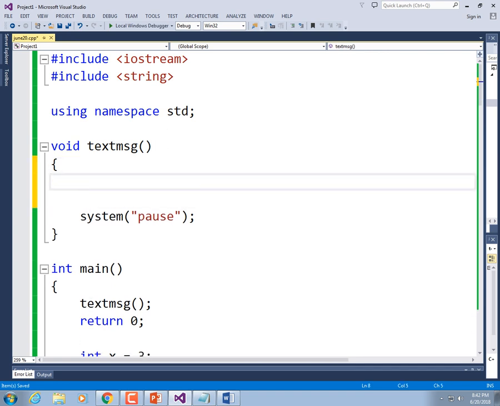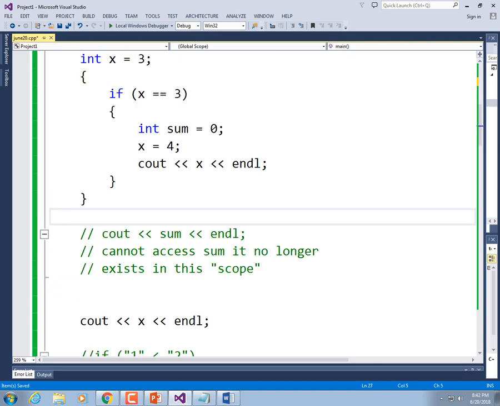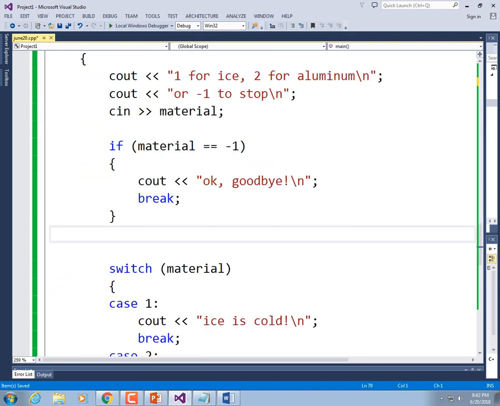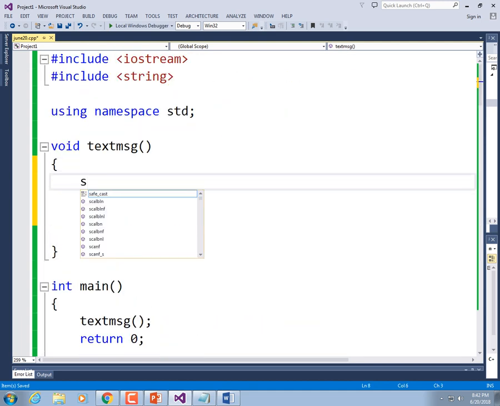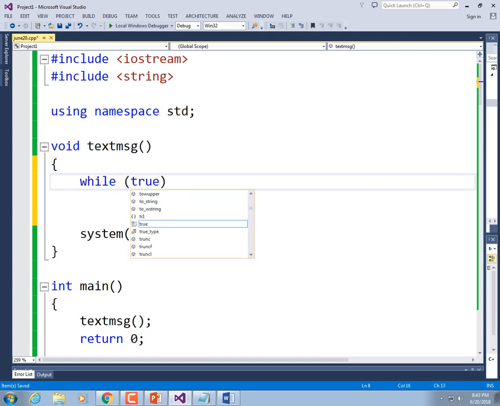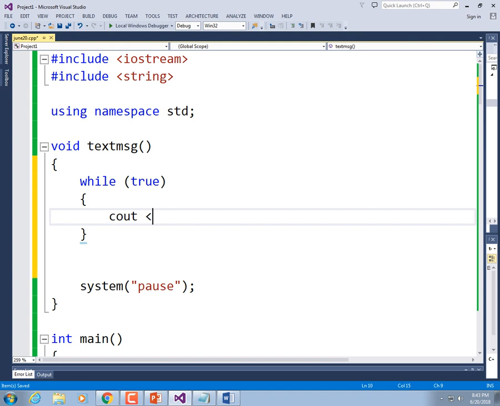Do we want to put this in a big loop so that they can keep doing it over and over? I think that would be kind of neat. Did we demonstrate that? Yeah, well, let's do that. So, while true, let's see out, "Enter a letter of a text message: ";